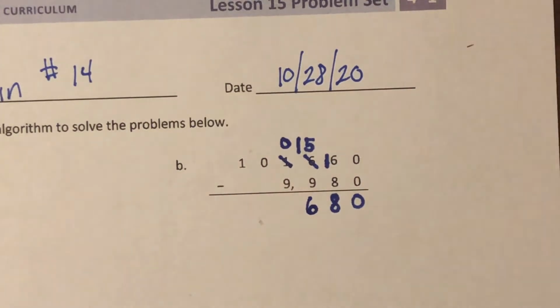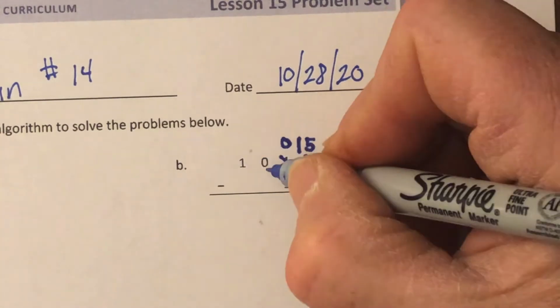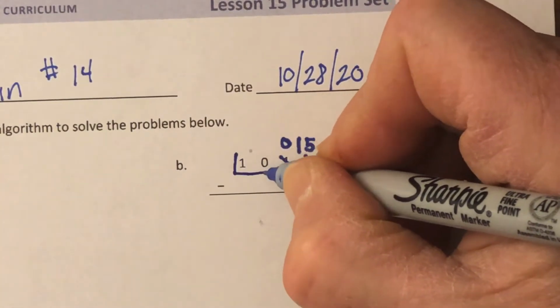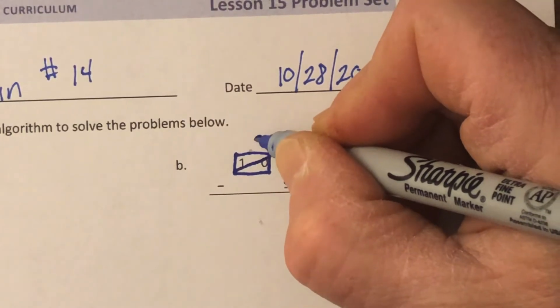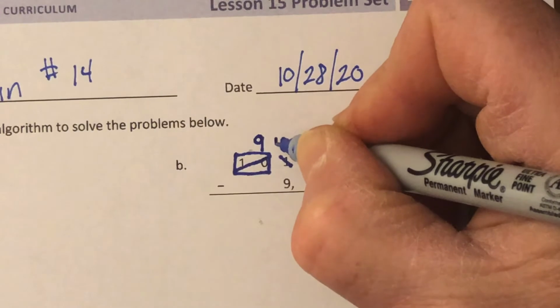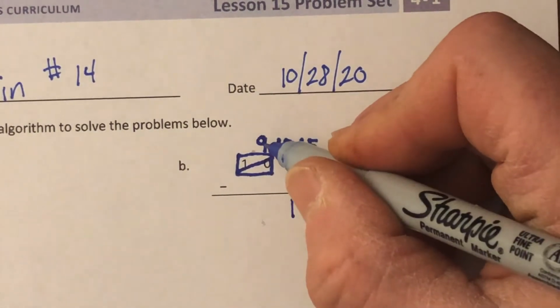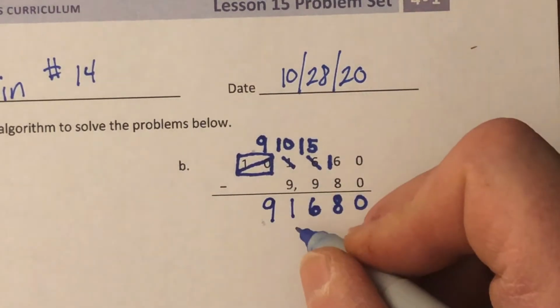Okay. So now I'm here. 0 minus 9, I can't do it. So I have to borrow from this place. Can't do that either. So what I'm going to do is just box this together. Make it 10. Cross out the 10. Leave 9. Then I can borrow, put 1 there. So 10 minus 9 is 1. And then 9 minus nothing is 9. So I end up with